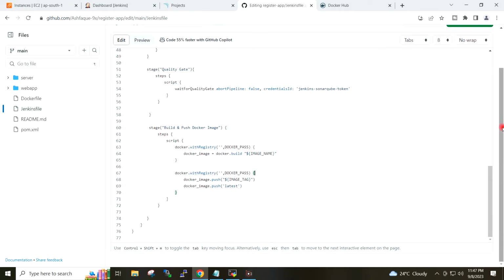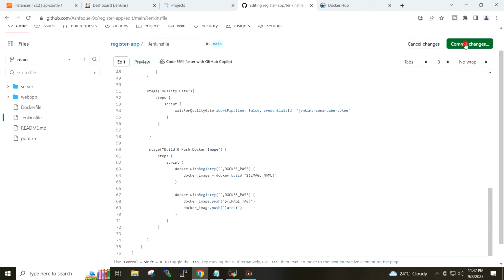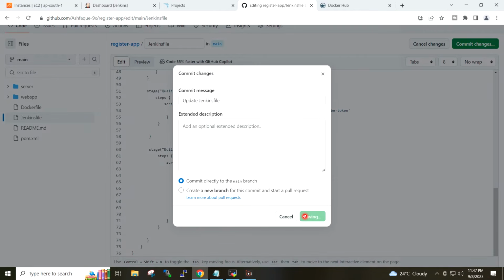I will commit these changes to the file,